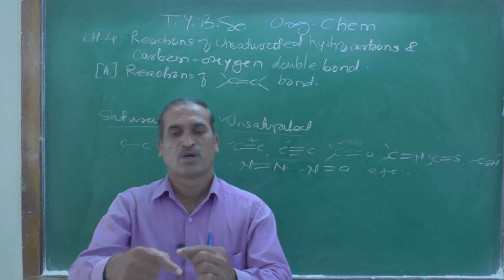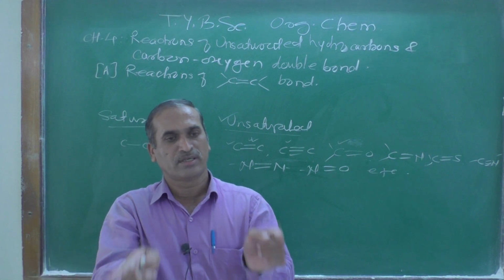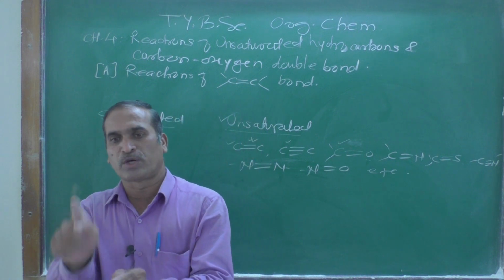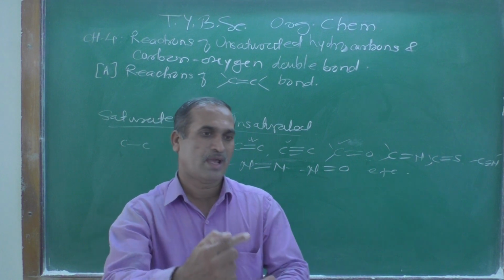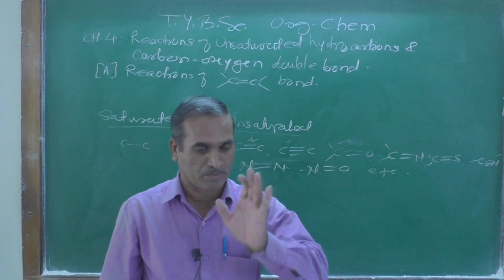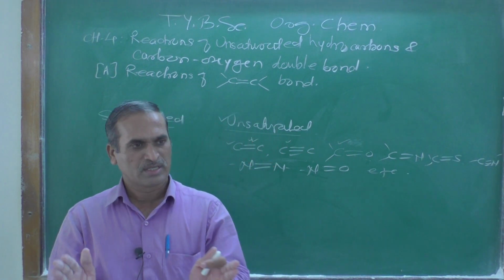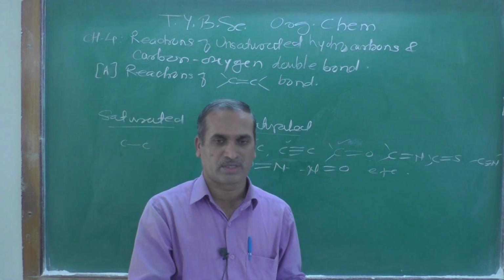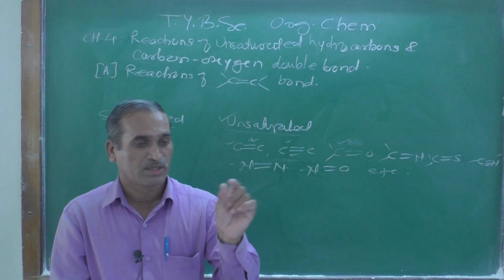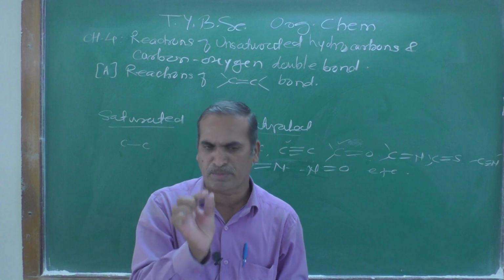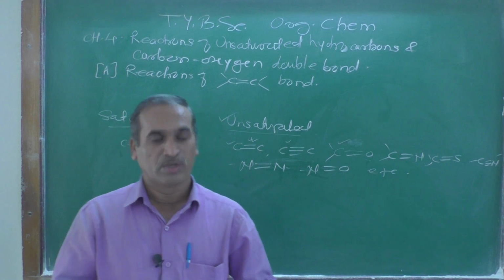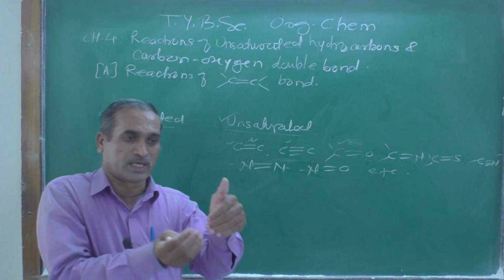Functional groups keep changing while adding the reagent. When we are adding the reagent, reactions take place at a particular site, at a particular region, and only that part changes. That part is known as a functional group. Or, in another way, the scientific definition: a group or atom that determines the physical or chemical properties of a particular family of organic compounds is known as a functional group. Now let us come to our original point.